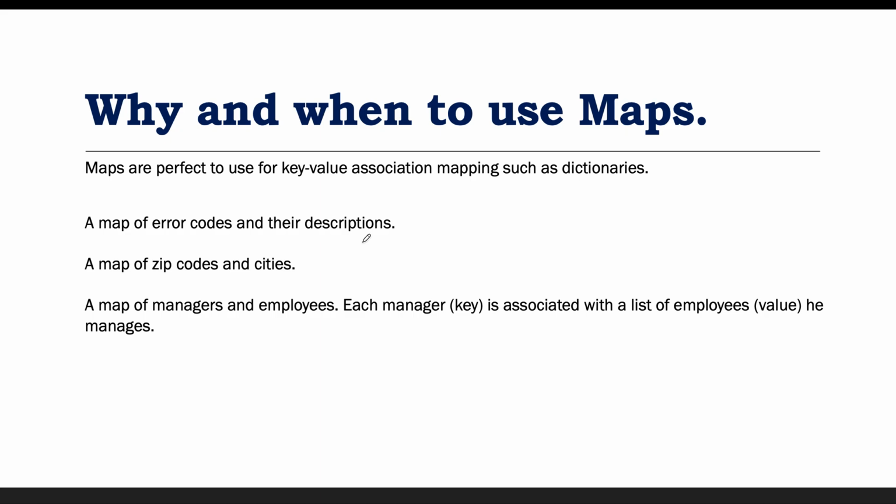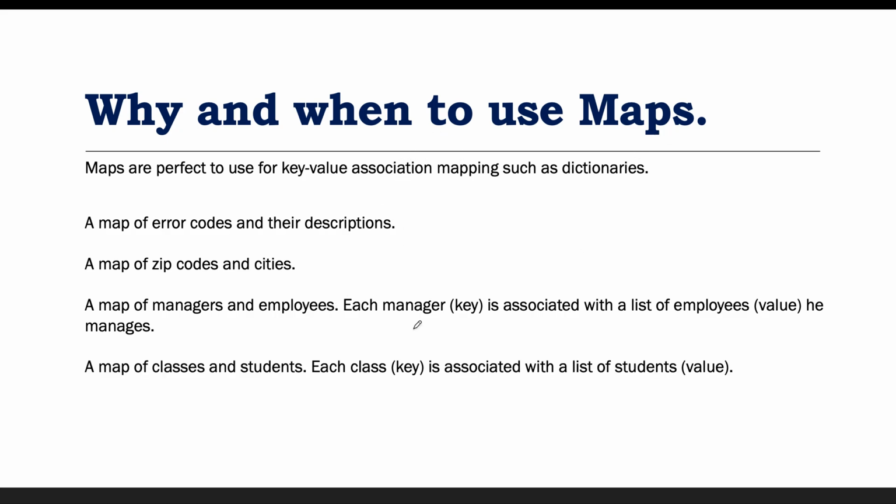Okay. And another example we can say is a map of manager and their employees. Each manager will be associated with some employees, right? Similar to that, each code is associated with a specific city. So in those kinds of scenarios we can go for the hash map, or you can say the Map interface. So these are a couple of examples of where we can use the map. And why will we use the map?